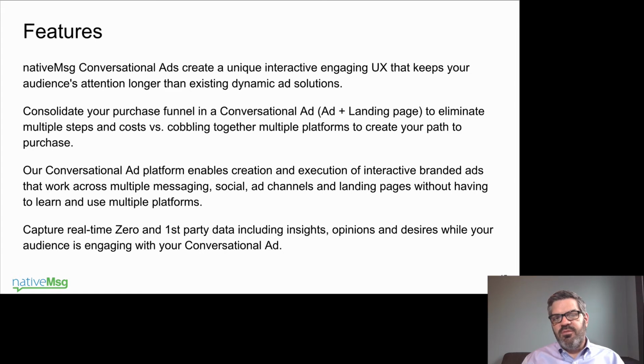The conversational ad platform enables the creation, hosting, and execution of these interactive, engaging branded ads that are going to work across multiple messaging, social, ad, and landing pages without having to pay for multiple platforms, to remember all of those usernames and passwords, and have to learn a new piece of software all of the time. You're going to be focused on one platform, one tool that's going to deliver the results that you're looking for,